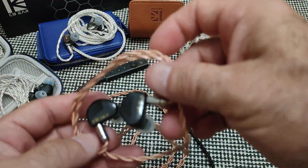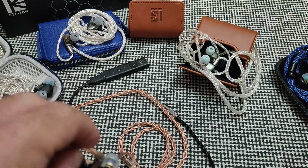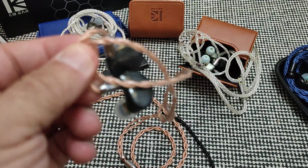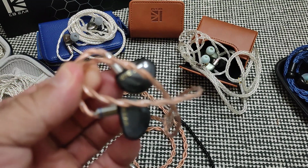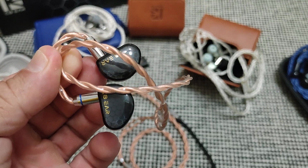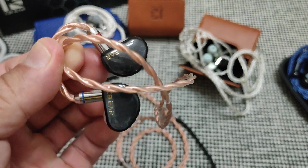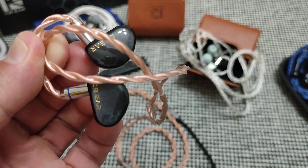Well, although I didn't put it here in this comparison, the Aurora, personally, I think, when you take into consideration the price and everything, the ink is superior to the Aurora. The Aurora might be more correct, although it shares the same kind of V sound, the typical KBEar characteristic sound. It might be overall more balanced by not being such a big V, but the one that's definitely the most fun and the most engaging and will get your feet tapping is definitely the ink. So, like I said, taking price into consideration and all that, definitely this for me is a better